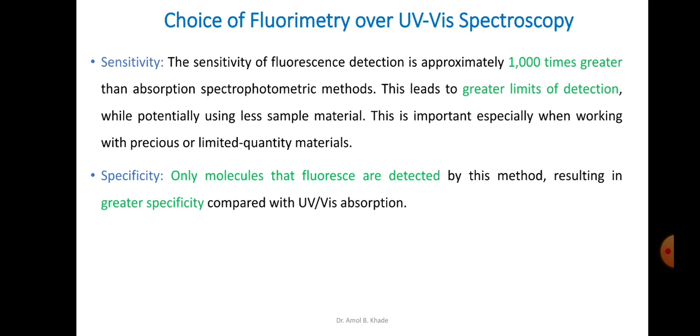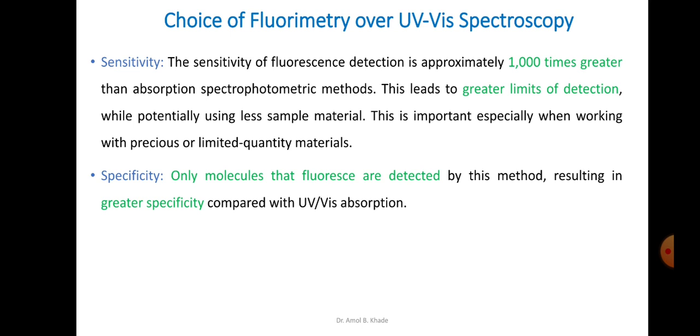So you can imagine you have one sample which you are estimating or quantifying with UV visible spectroscopy. The same sample is capable of producing fluorescence, so you are estimating it with fluorimetry or fluorescence spectroscopy. So your main analyte is fluorescent in nature, right? So if you are analyzing with UV visible spectroscopy, along with that analyte, if some other impurities are there which are also absorbing the light, then they will also contribute to the final absorbance.